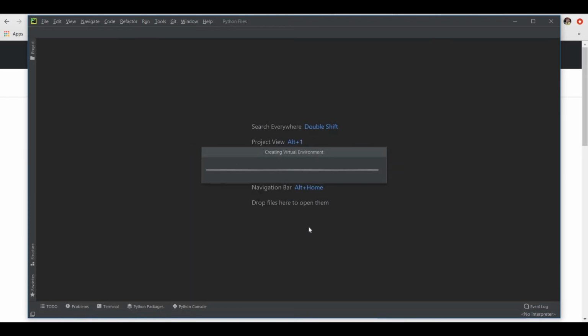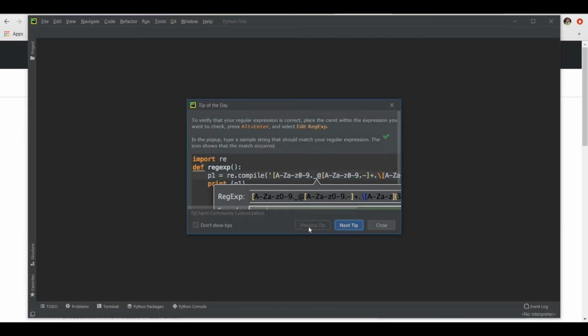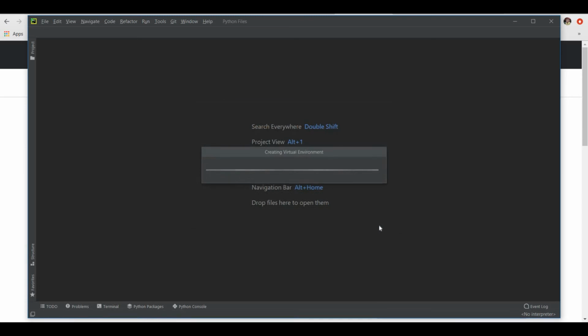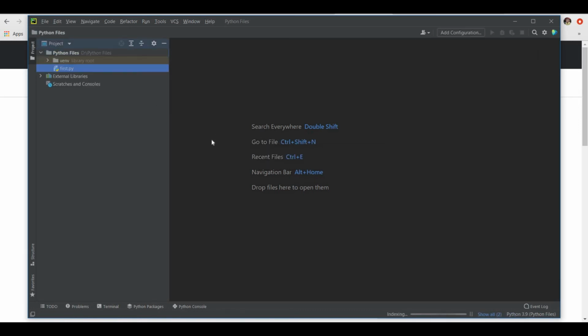Now it is running. These are just tips. If you want to check, you can click on next tip. Otherwise you can close this window. Now you will create a new file.